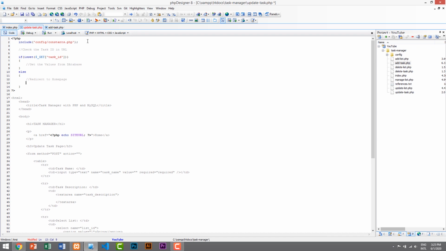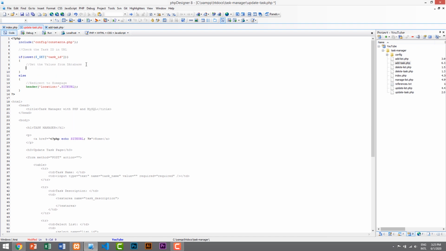So let's redirect it, header, and then location. Let's concatenate our homepage URL, which is SITEURL. That's it. And here we need to create a variable task_id, and we will get the variable from the URL. So $_GET task_id,